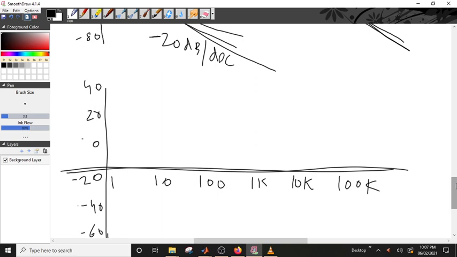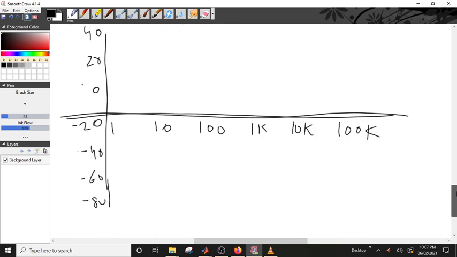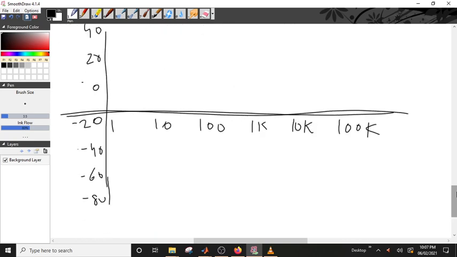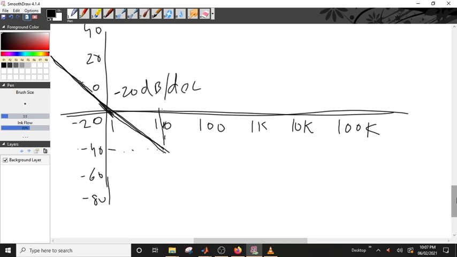So what we have to do is we have a single line which is coming from minus infinity, which crosses 1 and here. Until this point we have a single line, so we have drawn this, right? And its value was minus 20 dB per decade. But at 10 we have now two lines